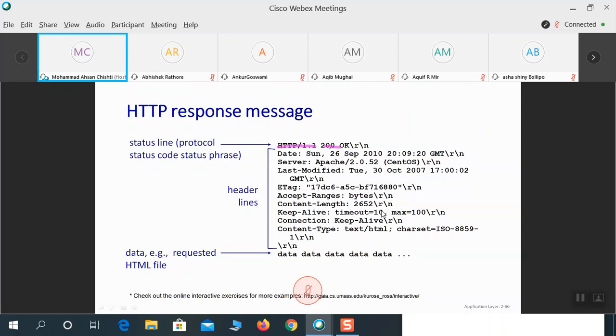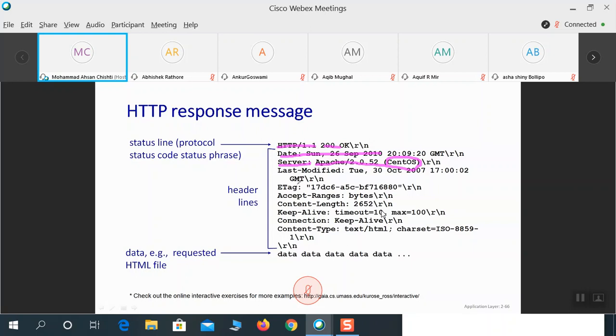This is the status code, the date on which it is sent, the server. Since you said I'm using Firefox, the server says I'm using an Apache web server with this version, and CentOS is the operating system I am running on.